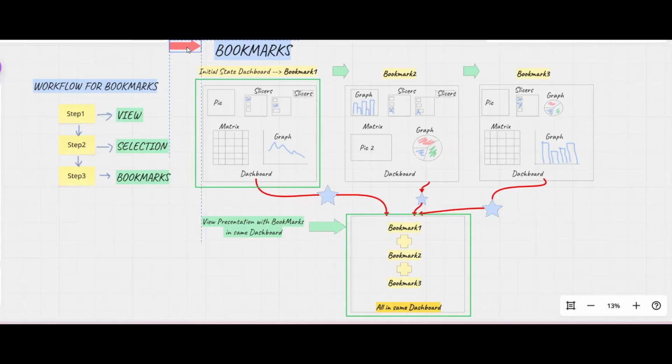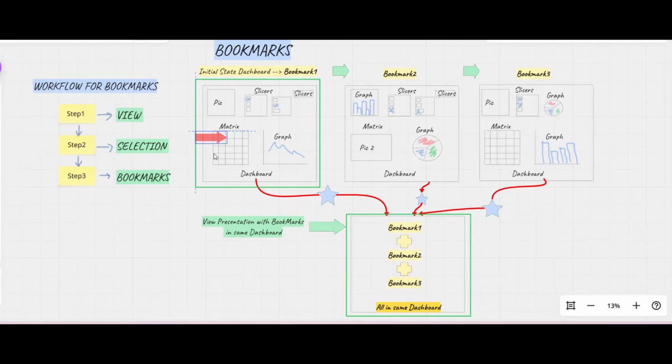So, for example, let's start first to show you only the whole process flow, to say so. It starts everything in step one with the view. We need to go in view, which is in the top bar menu. Then we need to select selection. We will work a lot with selection, where we will hide, unhide items in our dashboard, and then we will add the bookmarks.